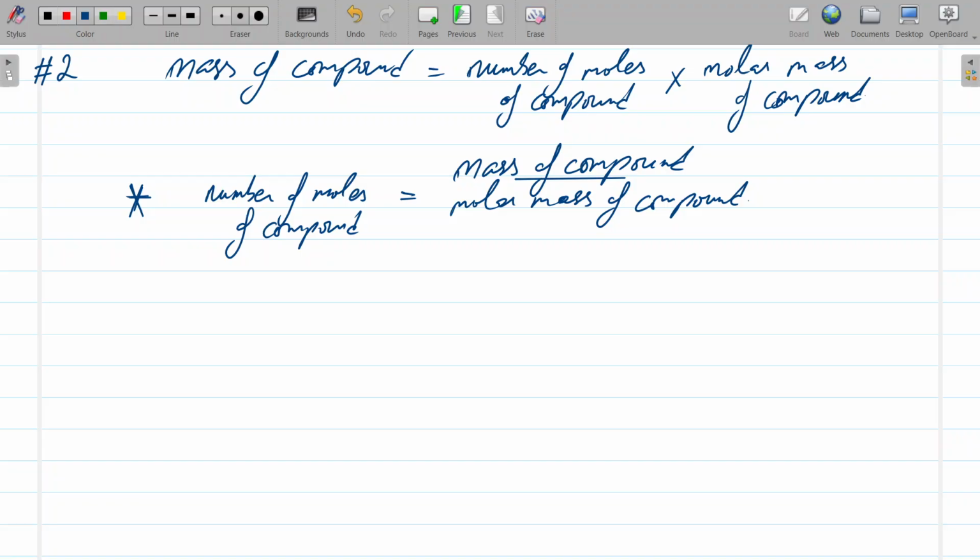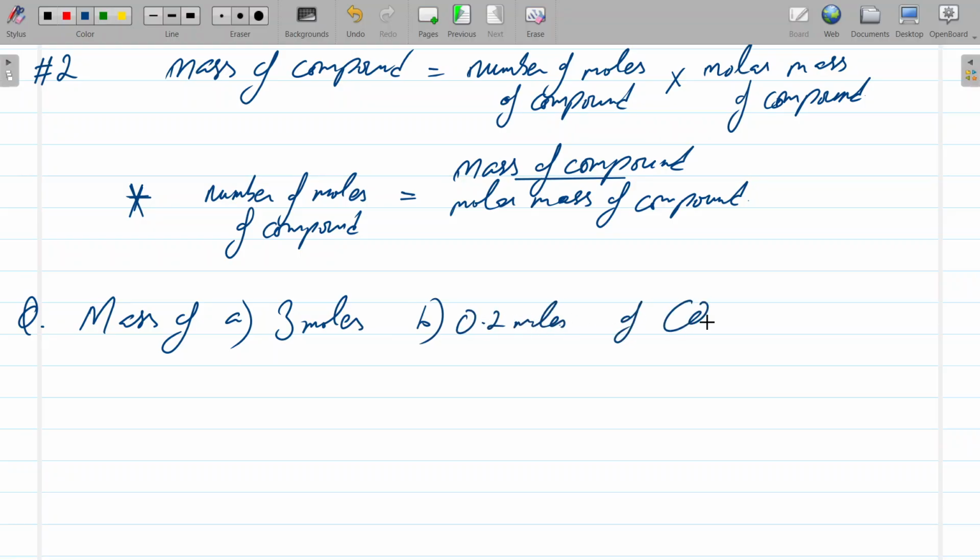And so the question is, number of moles, sorry, not number of moles, mass of A, 3 moles and B, 0.2 moles